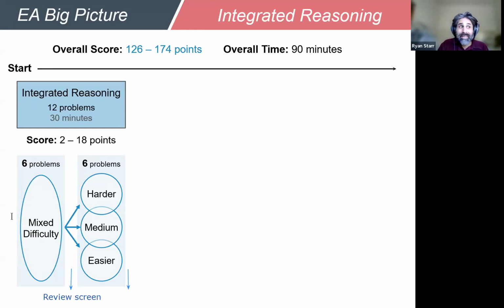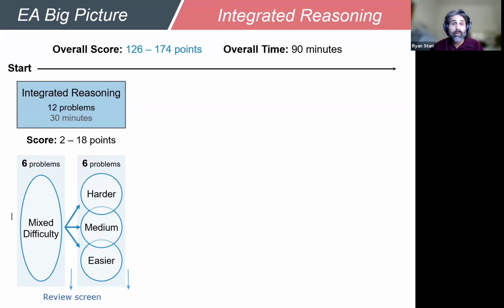And by the way, definitely guess on the test. There's no advantage to leaving questions blank. You will get them marked as wrong as if you'd guessed the worst answer out there. But if you guess, you at least have a chance of getting the question right. So definitely guess. But if you think, I could get this if I had some time, mark it for review,